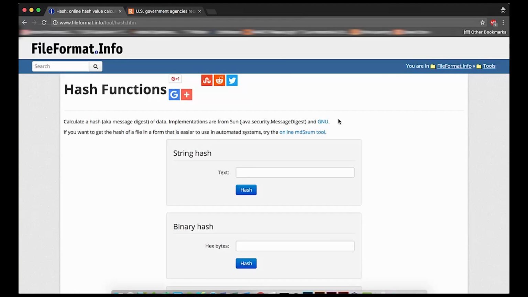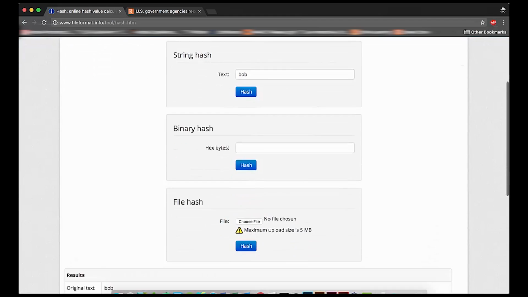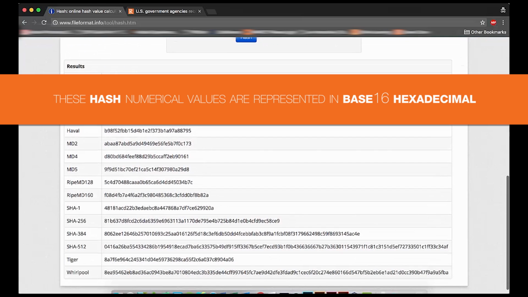Let's take a look at some of the concepts we just learned about regarding hashing. I went to an online hashing calculator website. There are a bunch of them. This one happens to be my favorite. And I'm going to enter into the hashing algorithm the string bob. I'm going to click the hash button and scroll on down to see all of the message digests that were